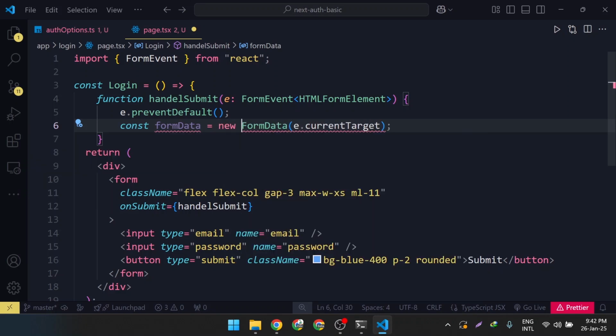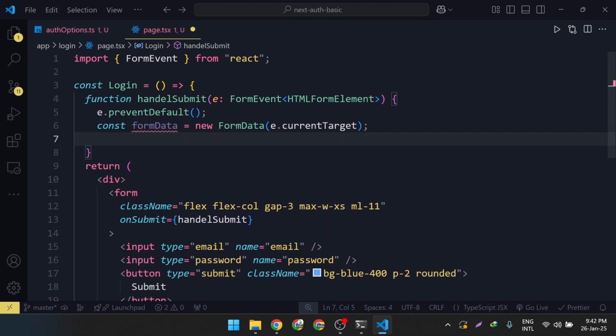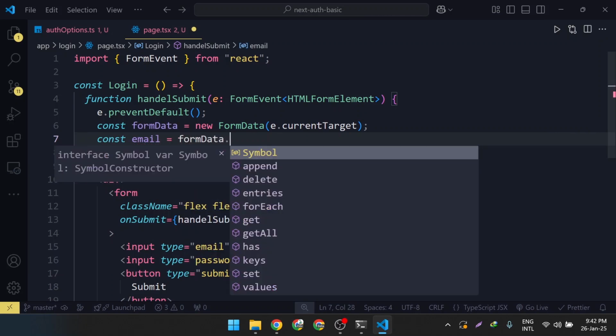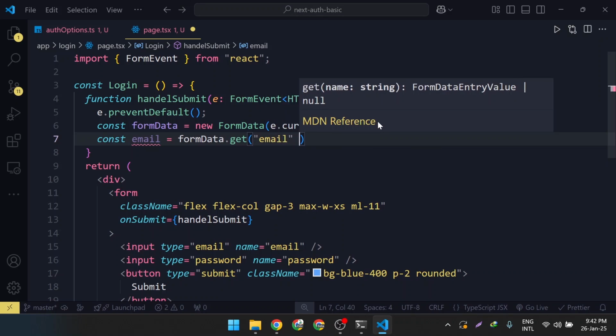Now email and password: constant email equal to form data dot get email